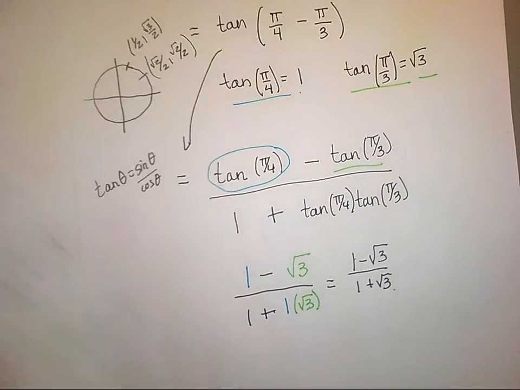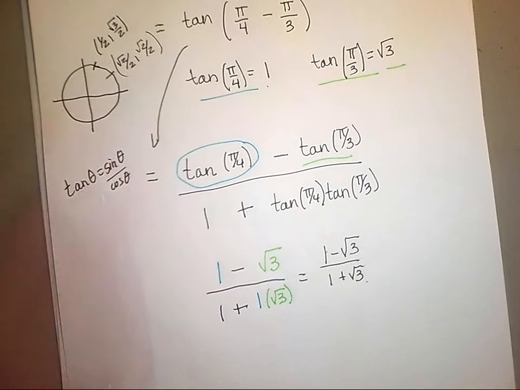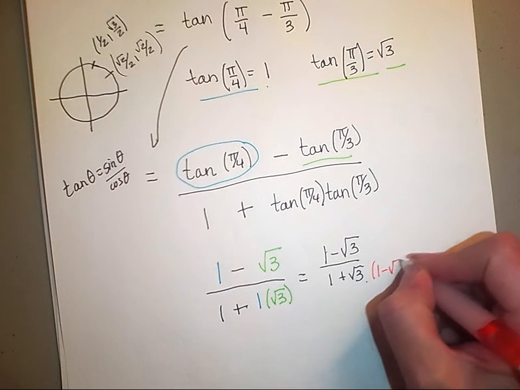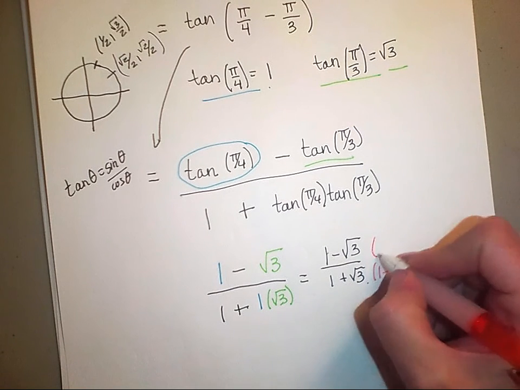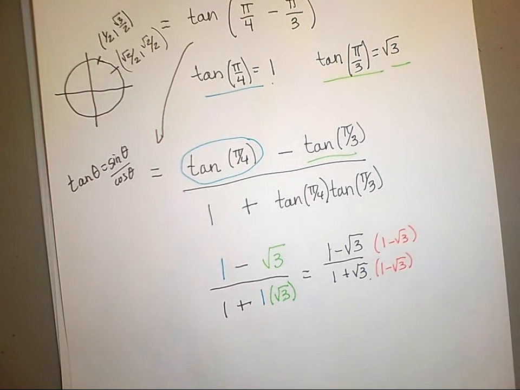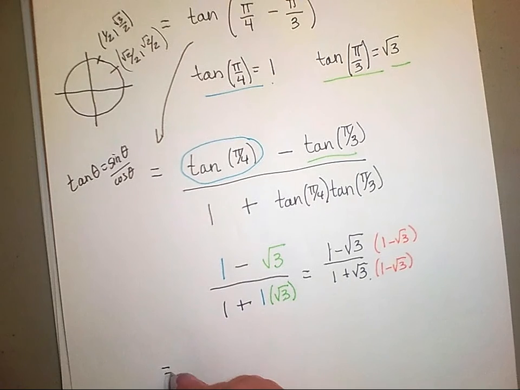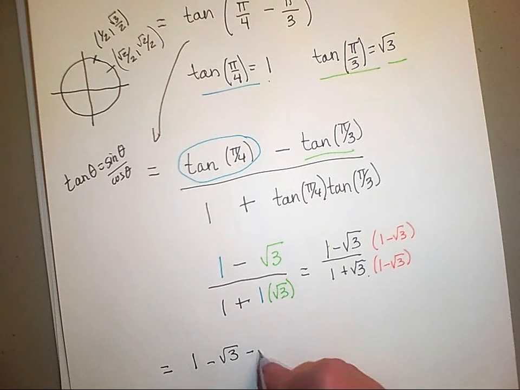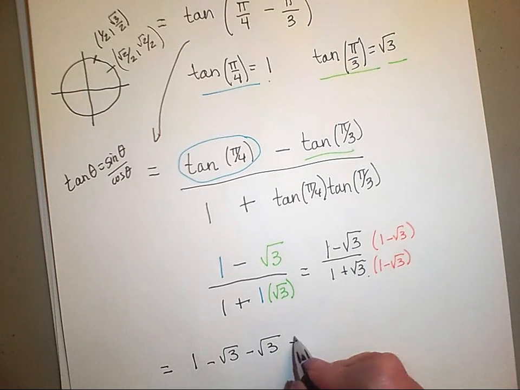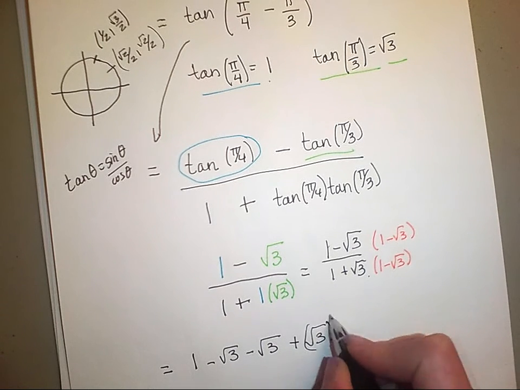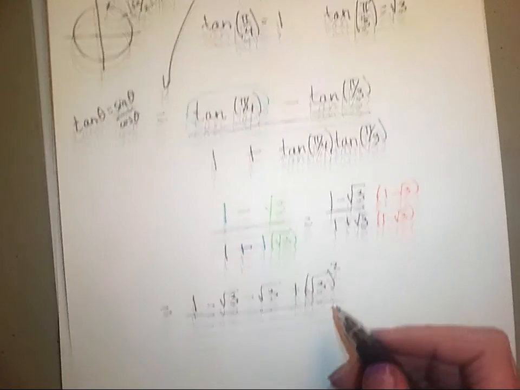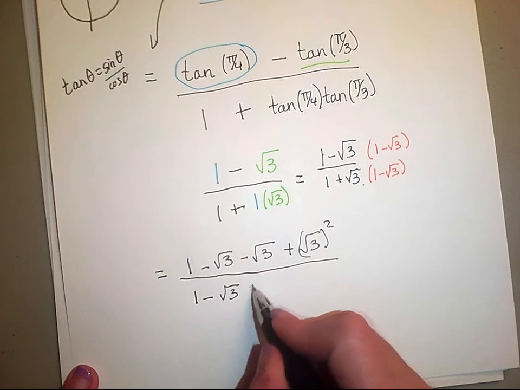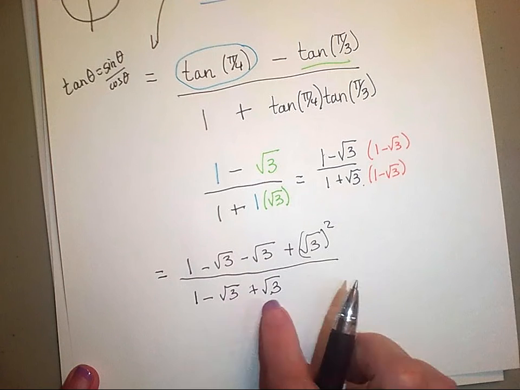Oh, we had a negative 1 here. Okay, well, we can do it. It never hurts. Let's rationalize the denominator again. To rationalize, we need 1 minus the square root of 3, the conjugate of the denominator, and 1 minus the square root of 3. Now, by foiling, we get positive 1 minus square root of 3 minus another square root of 3, plus square root of 3 squared, over